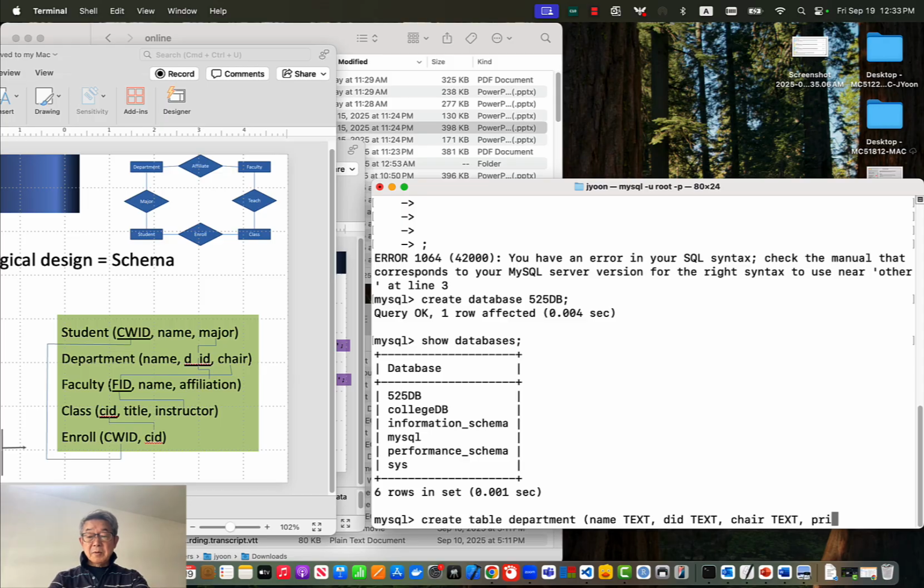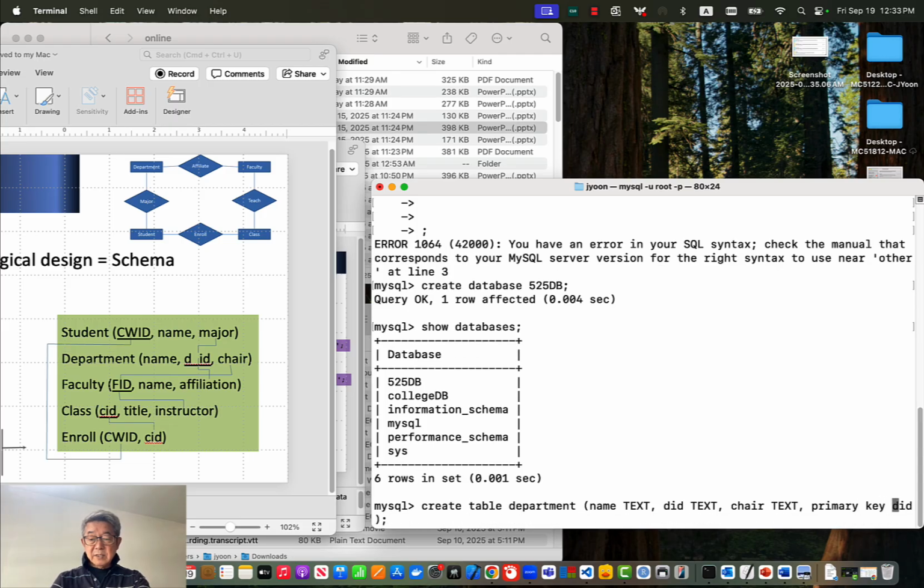But if you say here primary key, I want to keep DID unique in my table. So we have three attributes, name, DID, and chair, plus another specification, primary key, that is a language, and then we should say primary key is DID,